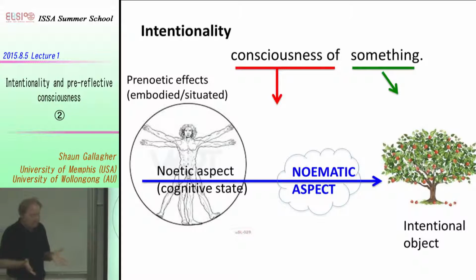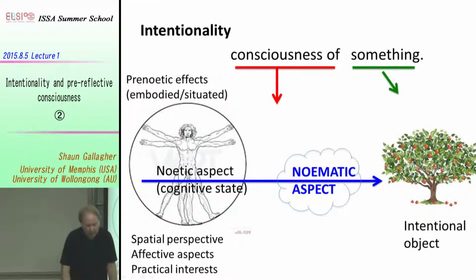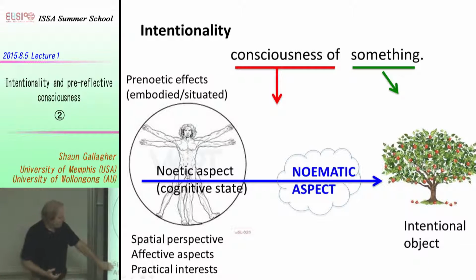So the fact that we're situated in a certain environment, the fact that we are embodied in a certain way, also comes along with the idea that the spatial perspective matters, and that would put us a little bit closer to the East Coast idea. But also there are certain